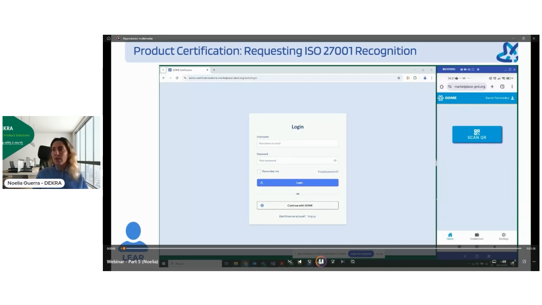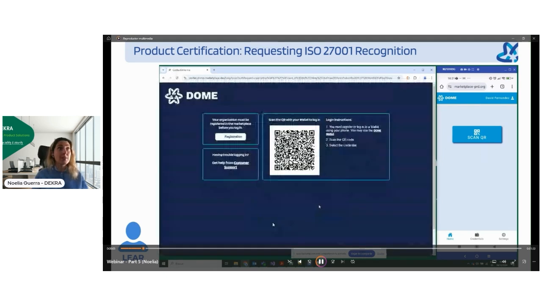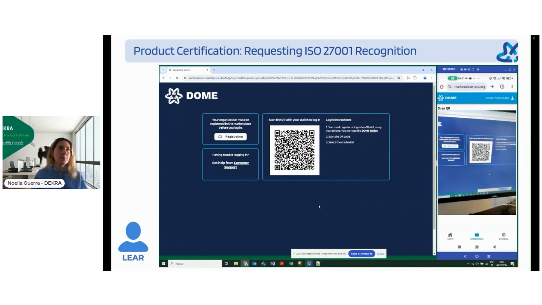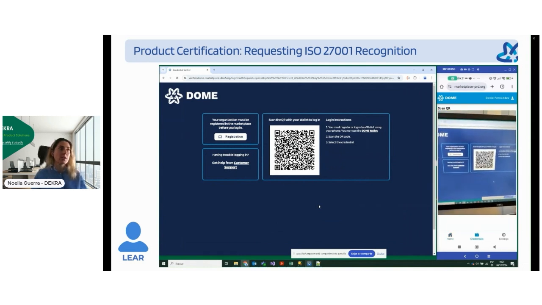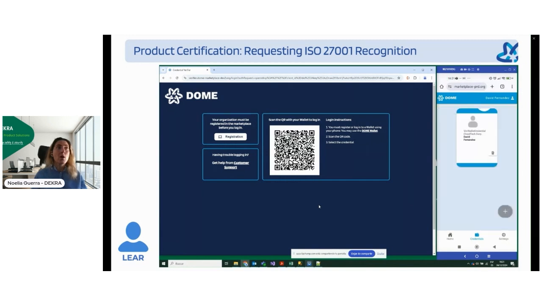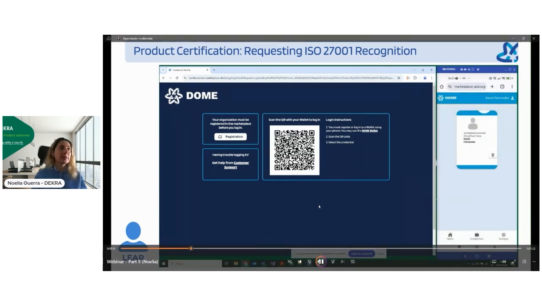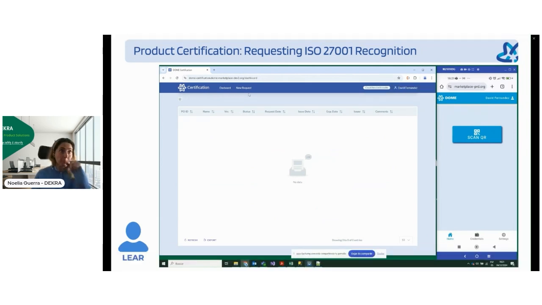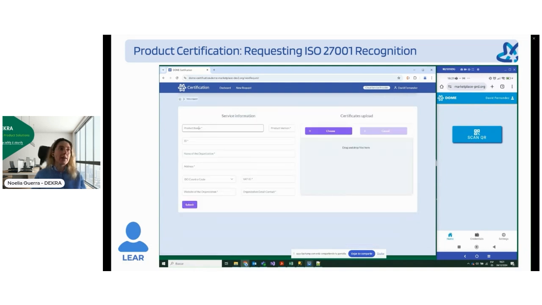To start the process, the cloud service provider accesses the certification component by clicking on the link inside the compliance profile section of the product specification, as Francisco has previously mentioned. Once inside the component, they simply need to log in using their VR credentials, just as they do on the DOM marketplace. Once logged in, the user can start the process, clicking on New Request and filling in the required details